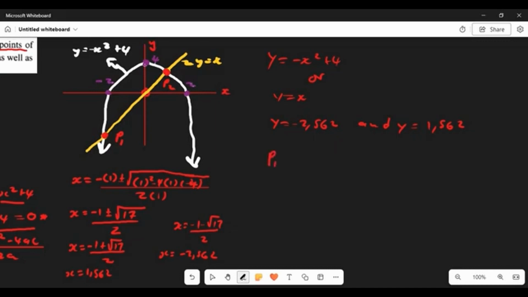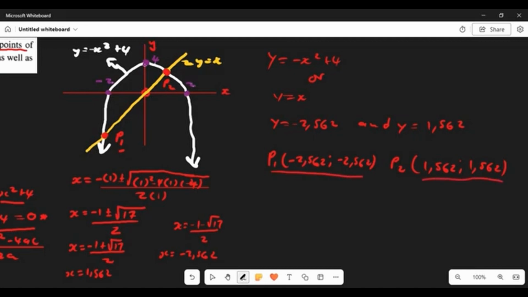All right, so let's look at which point. Let's say point 1, this one here underneath. Let's see the coordinates. As you can see, point 1 is on the negative side. It means that x is going to be negative 2.562, and also y is going to be negative 2.562. That is P1. And then P2, the one here on top, is going to be positive because it's on the positive side of x. So it's going to be 1.562 for x, and also for y it's going to be 1.562. Guys, these are the intercepts of the graphs since we have two of them. So this one here